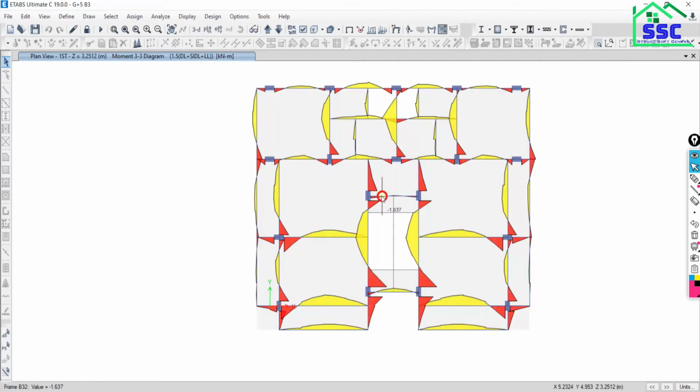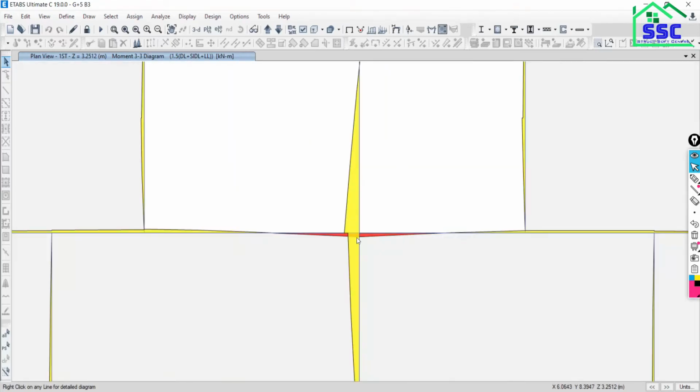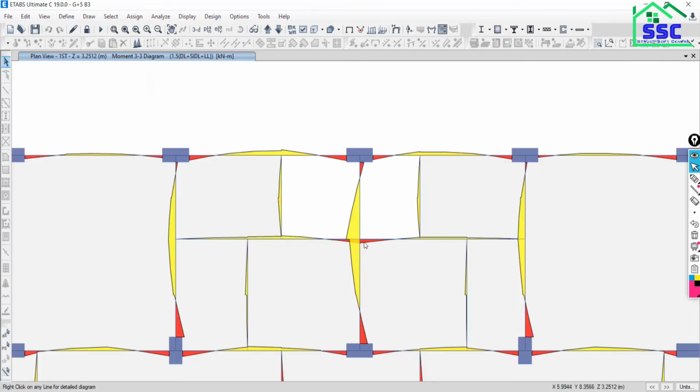By just looking over the bending moment diagram, you can judge whether there is any error in your analysis. Is there any mistake while defining the primary beam and secondary beam? All these things you can understand here. Okay, as these were the simply support point, but what we have done, we have not taken the releases here.